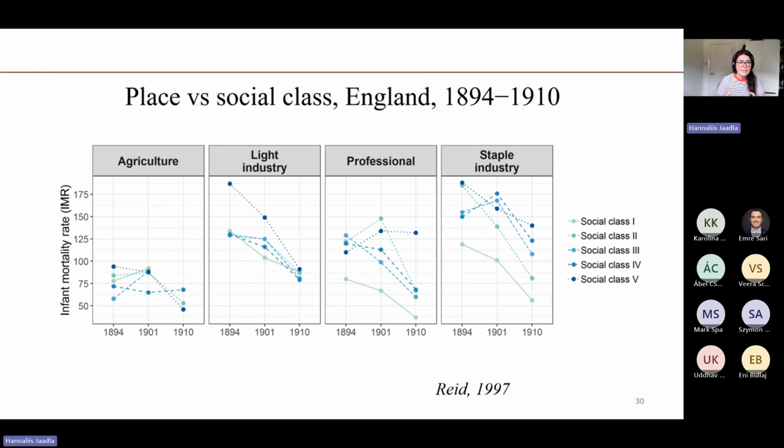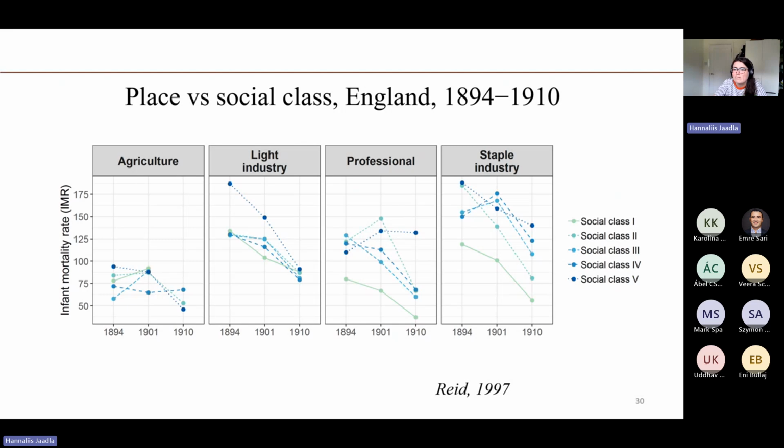And I'll bring in now, final bit for the lecture, I'll bring in also the place. So research has also highlighted the importance of understanding the combination of local environment, so place of residence, and social status in determining mortality. So for example, this is a study from Alice Reed using the individual level census data from 1911 in England and Wales, and estimating indirect measures of infant mortality rate for different social groups, but in different locations. And what this shows, looking at the different places, is that social class gradients are much stronger in professional and these kind of industrial areas than they are, for example, in agricultural areas, which was the majority of England and Wales at the time,